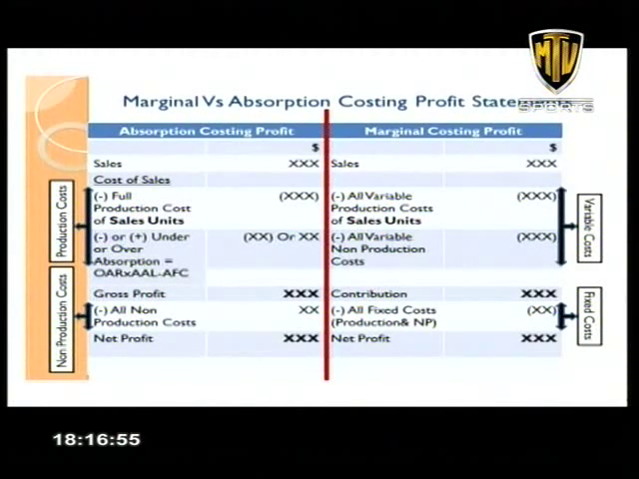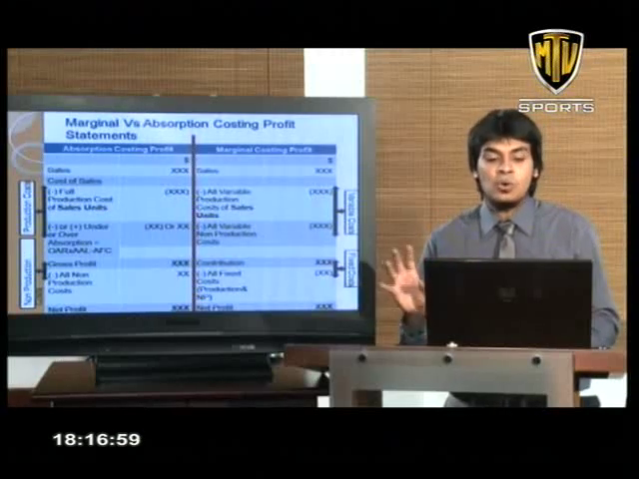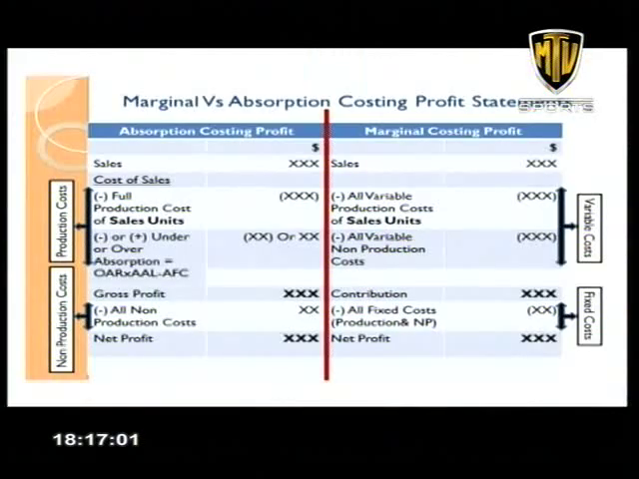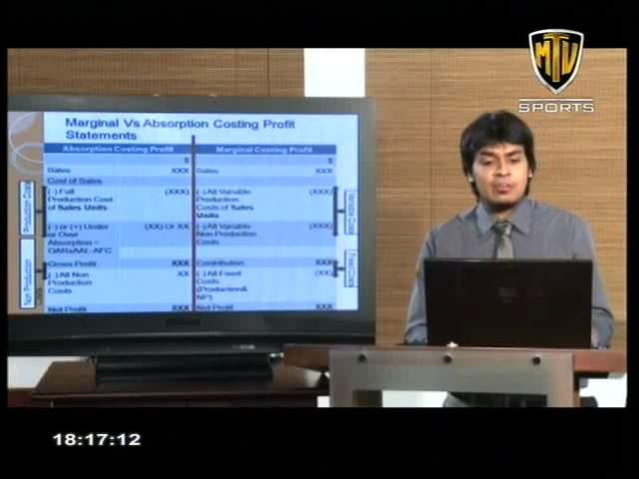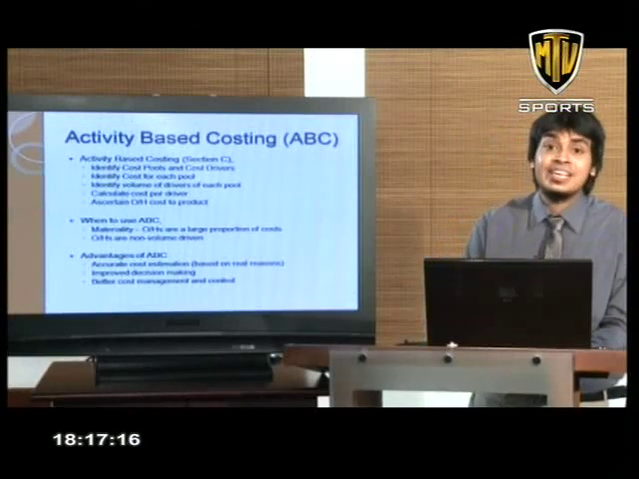Now from an examination perspective, more often than not the examiner tends to ignore these non-production costs. So you will essentially be asked to reconcile the gross profits of absorption costing profit and marginal costing profit. So if that is okay, we can then move on to the next section, a very important section again, which